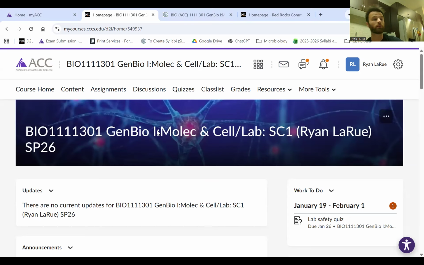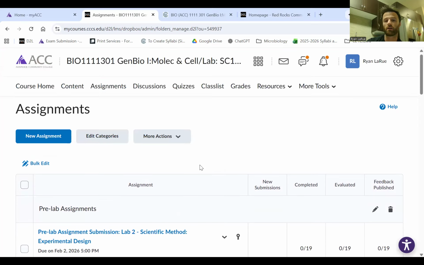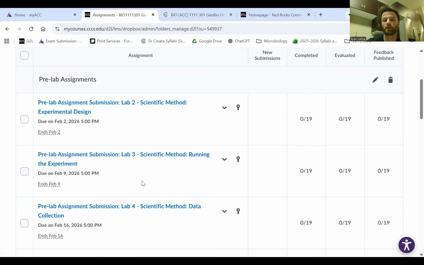All right, so other D2L things here really quick. Assignments, discussion. Let's start with assignments. So we'll go ahead and click that. Essentially, the assignments page is where you are able to submit assignments.